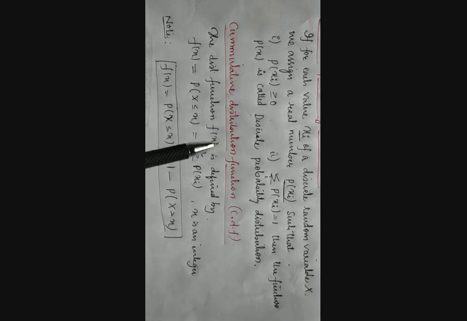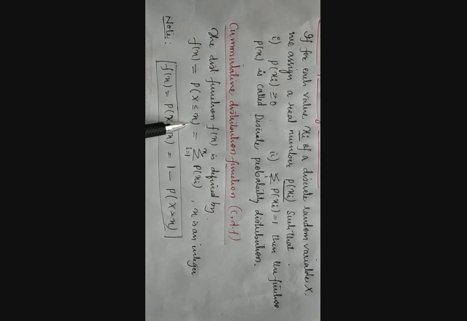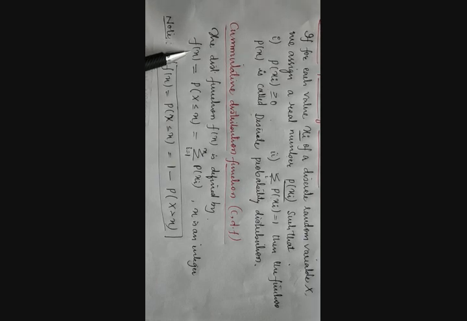And in some of the examples, we even need to calculate the cumulative distribution function, CDF. What is the cumulative distribution function? The function f of x is defined as f of x is equal to probability of X less than or equal to x, that is equal to summation of p of xi from i is equal to 1 to x, where x is an integer. Here, to get the function f of x, we need to take the help of probability with the help of summation.